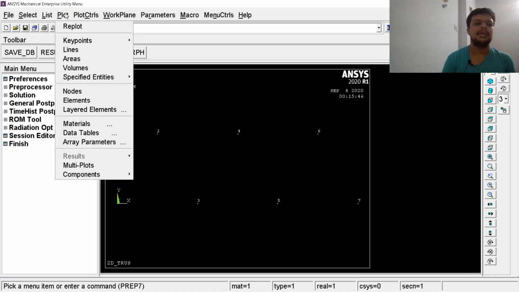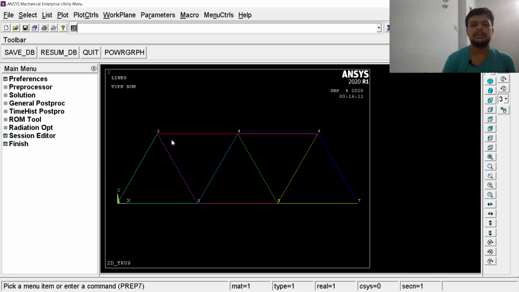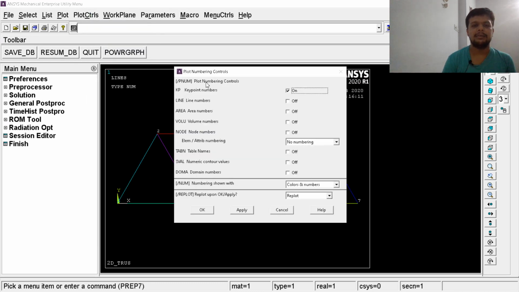Now the second thing: you can go to Plot and check your lines which have been generated. If you click on Lines, all lines will be displayed in this window. And if you want to know the line numbers, go to Numbering and switch on the line numbers, and apply it.